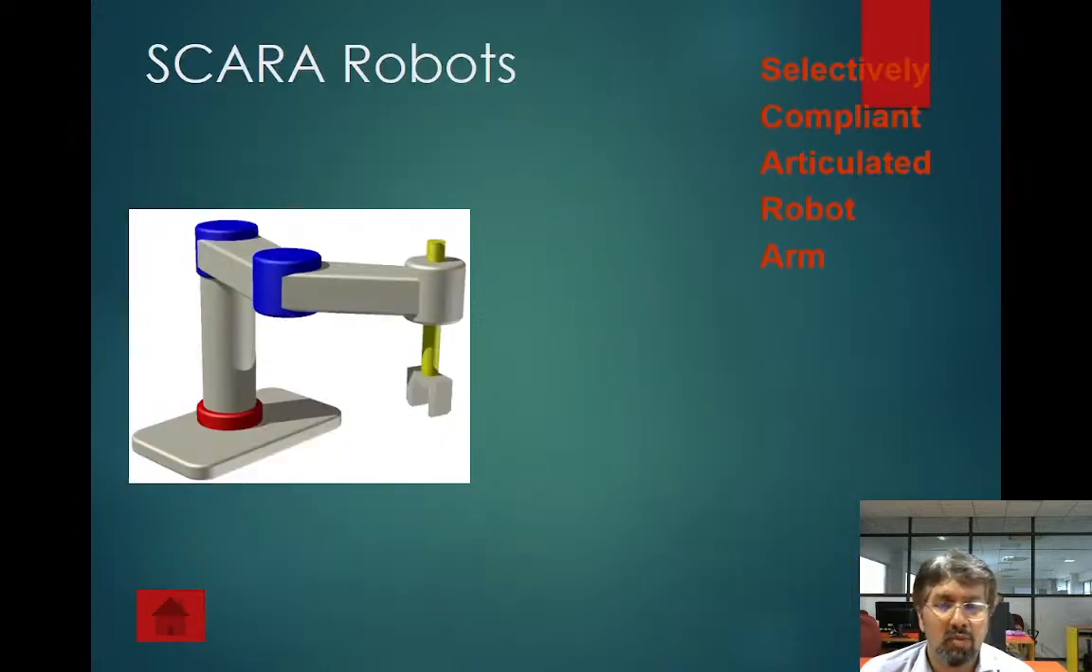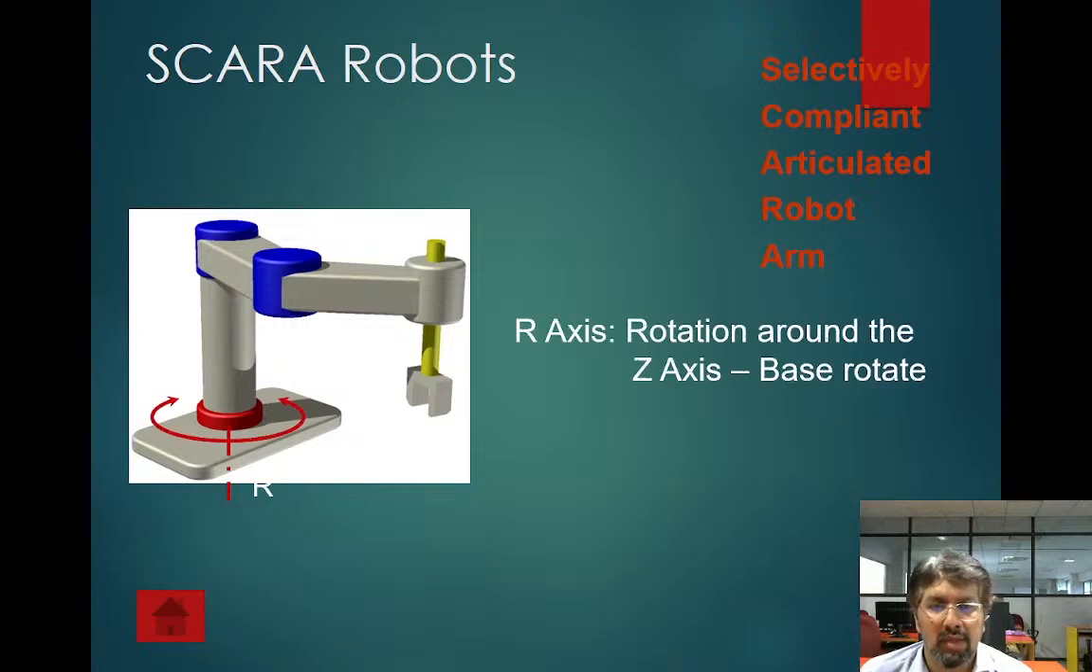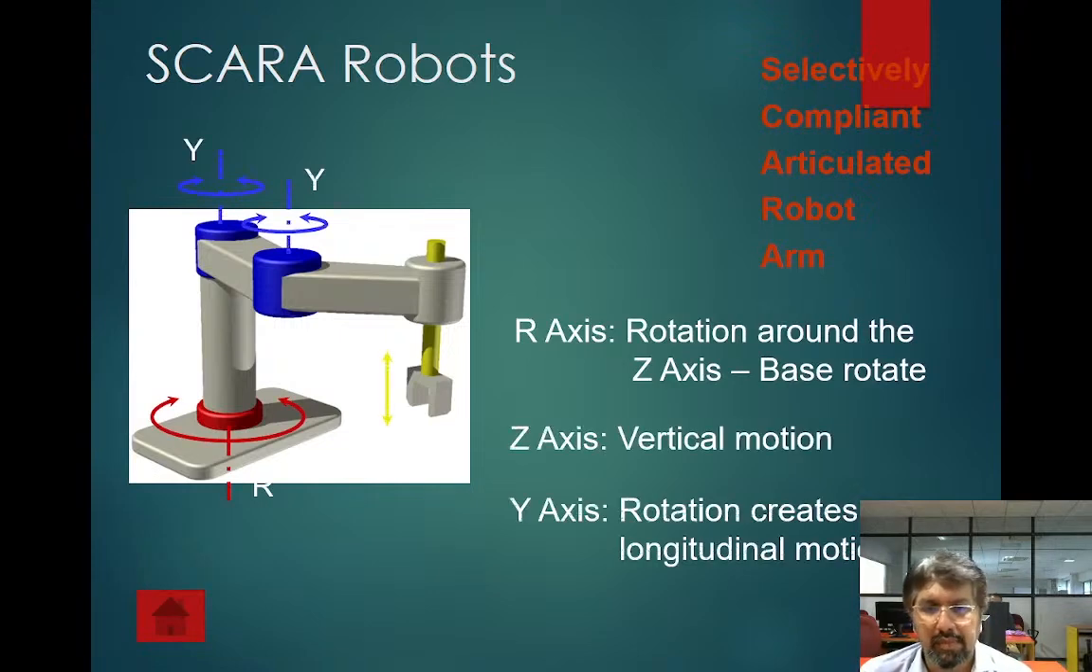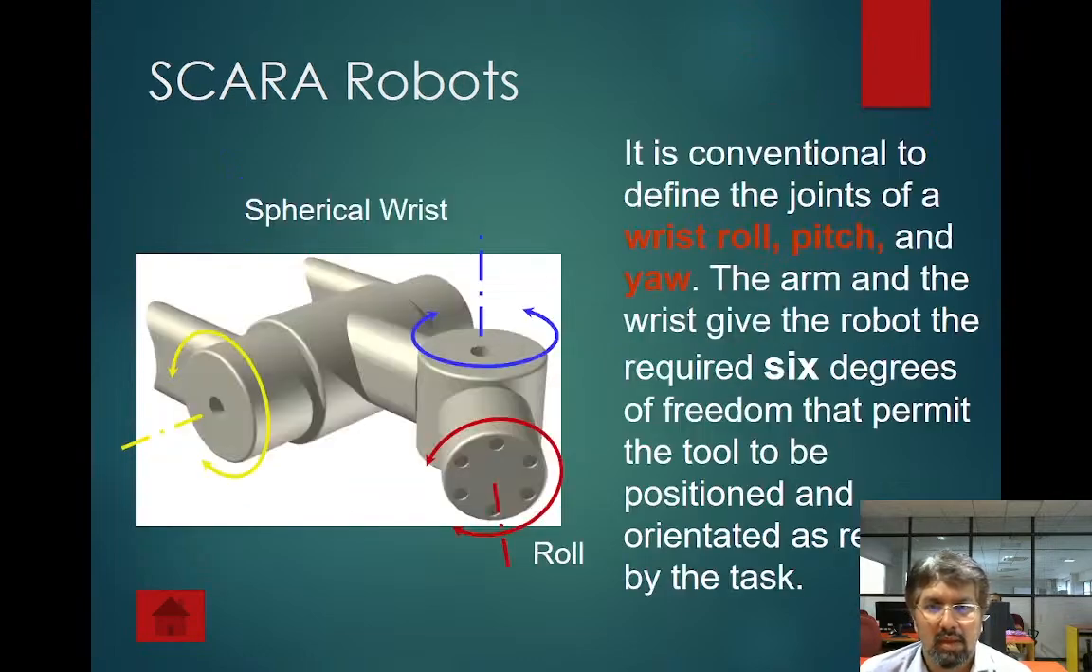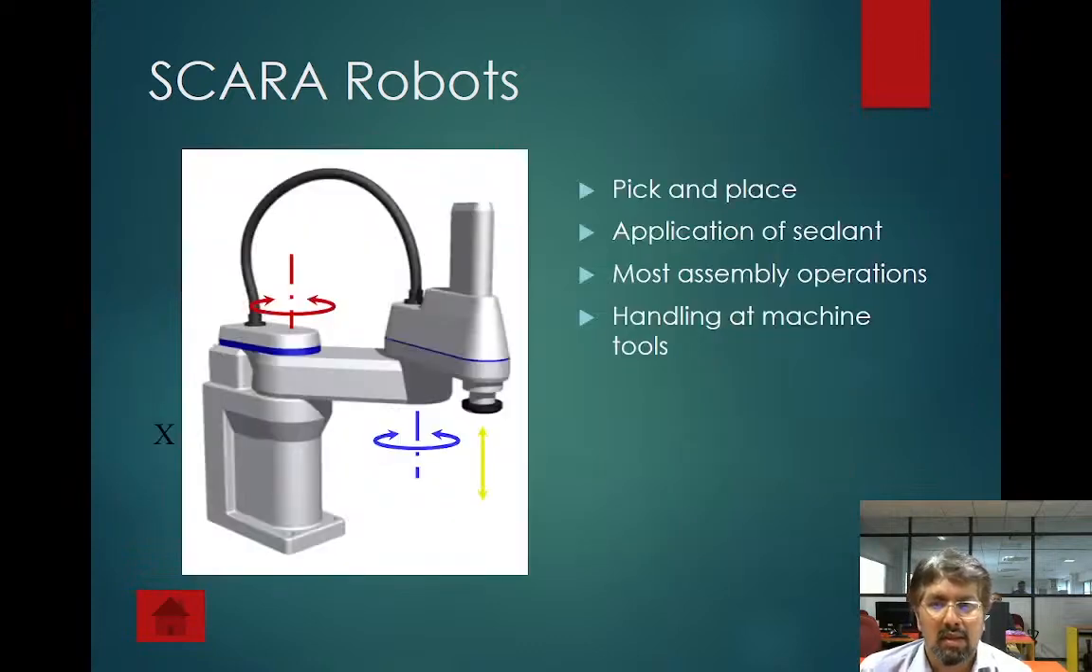And then there are special types of robots, as I was telling you, SCARA, which is a selectively compliant articulated robot arm. So this mimics exactly the human arm and carries out motion along the base as well as along the wrist. In case of a robot, when you talk about the wrist, you always talk about roll, pitch and yaw. So what are these actually? You will be learning it once you are in the process of the syllabus. So these are typically used for pick and place, application of a sealant, and then again assembly operations and